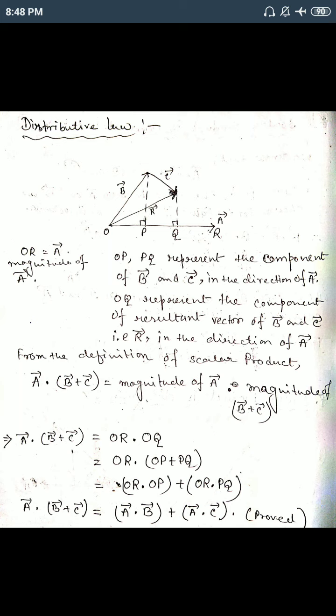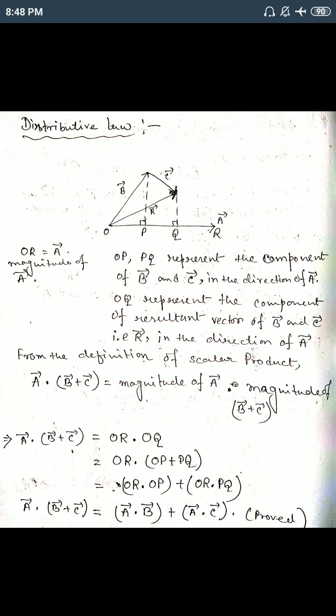Distributive law. This is a proof of the distributive law. Here we choose only the magnitude, not the angle. We only consider the magnitude, not the angle. Okay, so first of all, we consider three vectors: a vector, b vector and c vector. The a vector is represented by OR, the b vector by OP, that means its magnitude, the c vector by PQ,